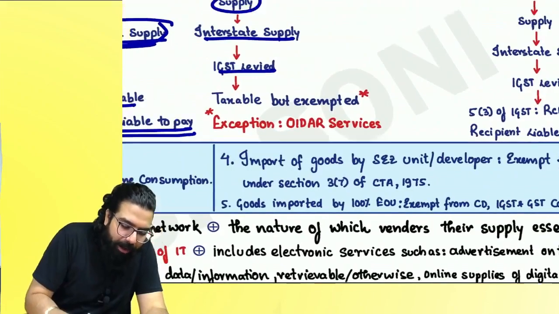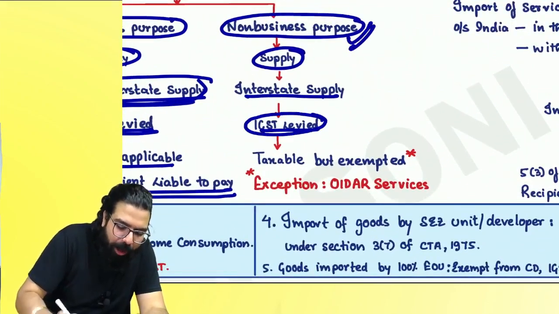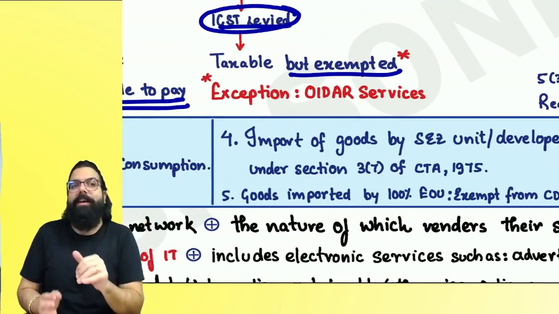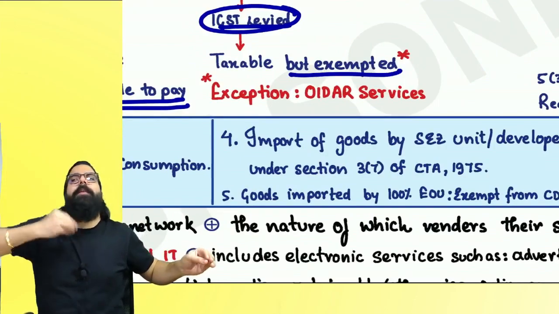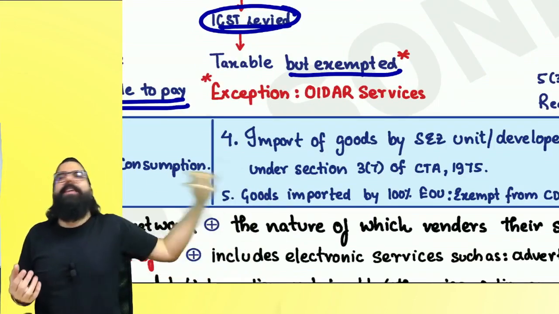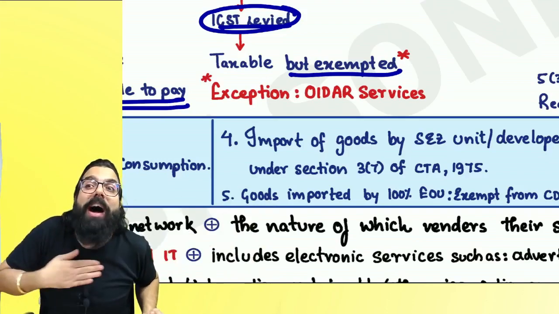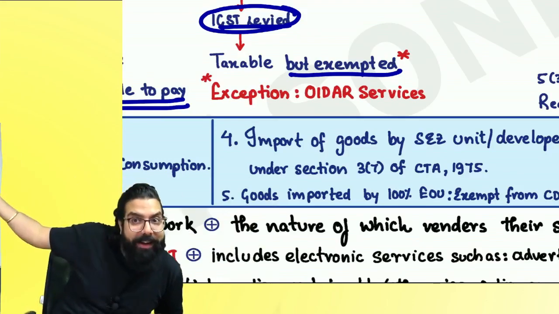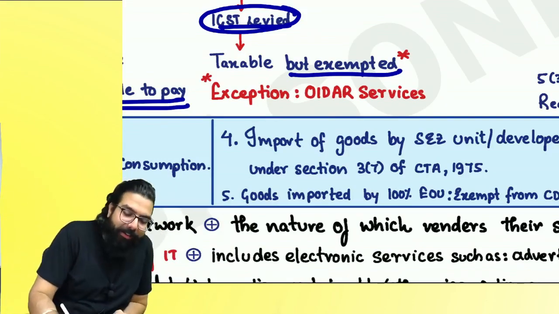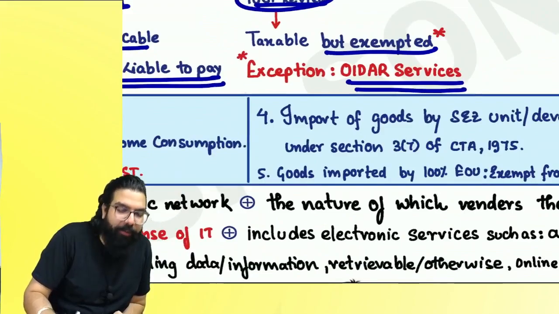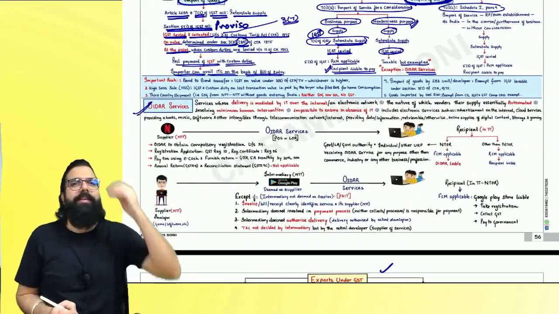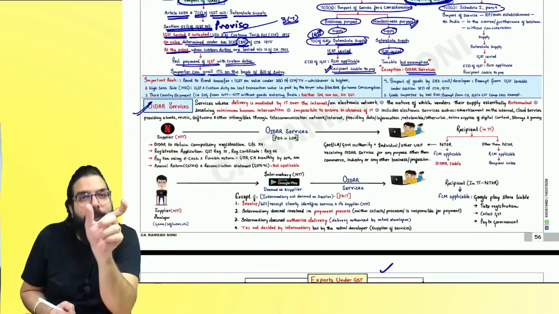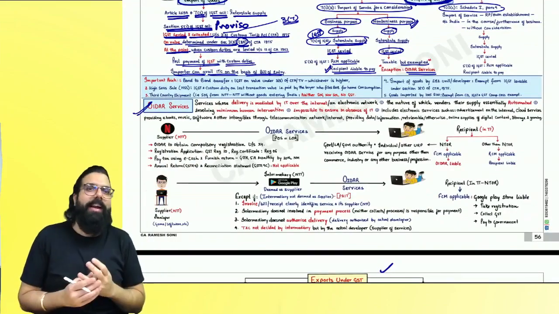Next. Do you remember interstate supply, IGST, but non-business purpose is exempted? But this exemption is not applicable for OIDR service. OIDR service taken by a registered business entity pays under RCM. If you are an NTOR, non-taxable online recipient, they will collect and they will pay to the government. And hence, that time exemption is not there. I'll talk about OIDR services over here. When we spoke about OIDR service in the GST supply chapter, we spoke very little. Today we'll talk in a little more detail. Can I go ahead, everyone?